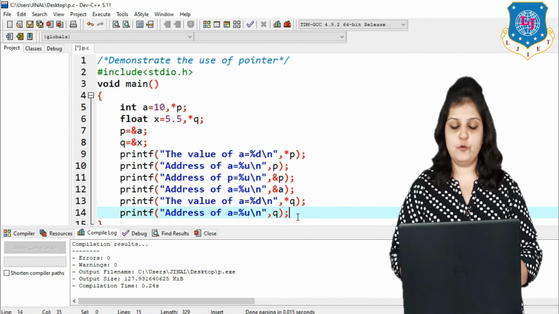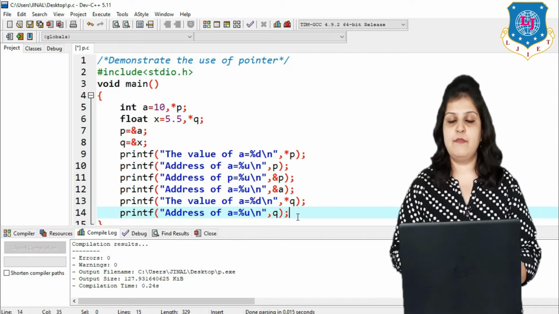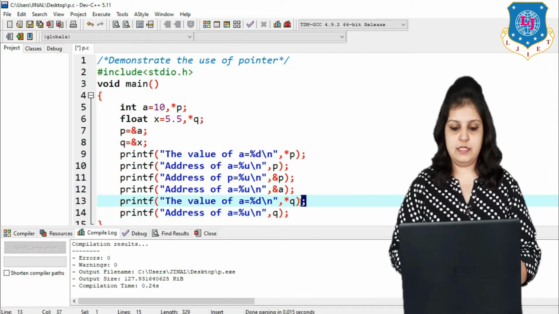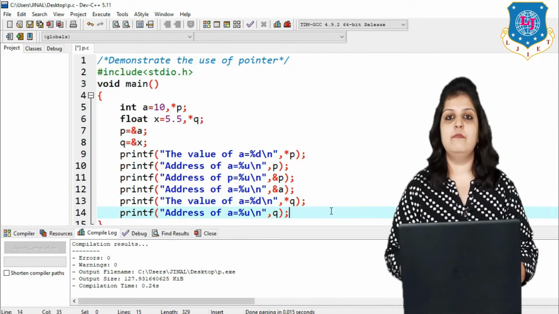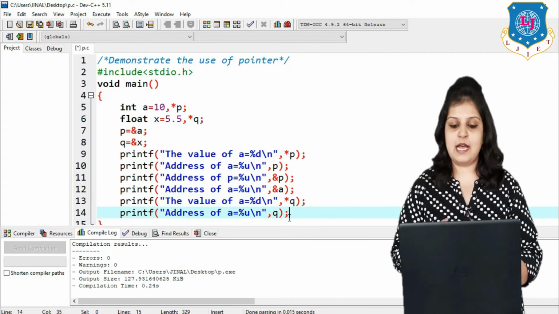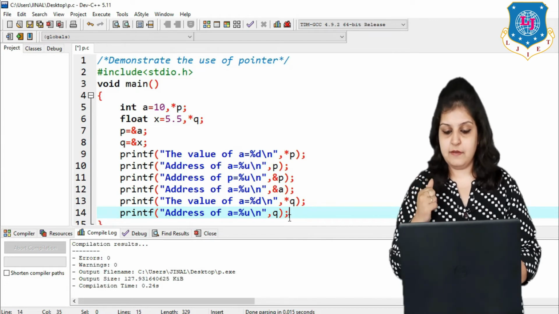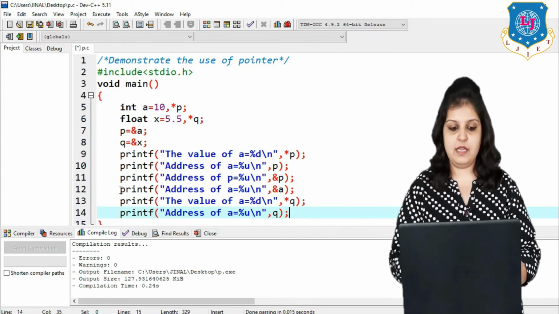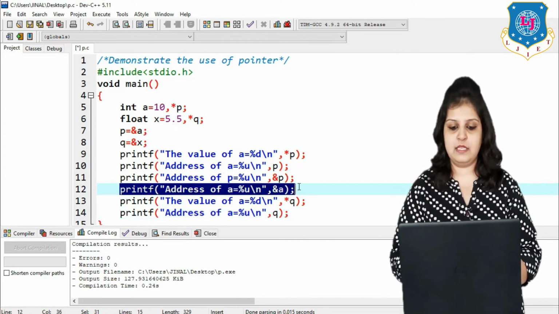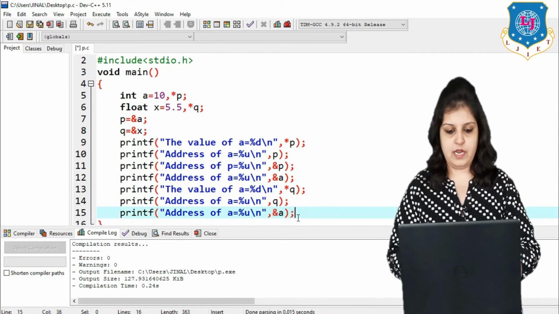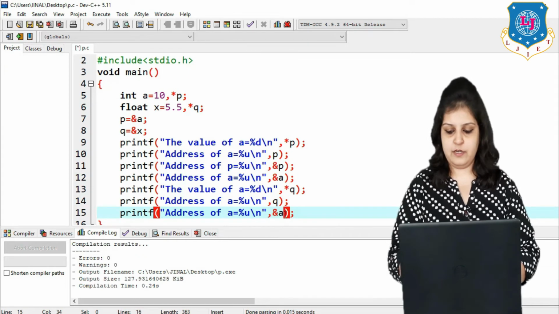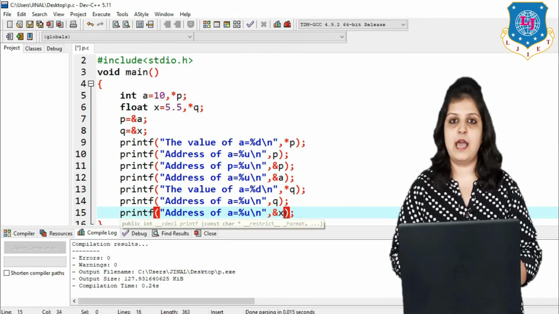So what will be the output? The value of x is 5.5. When this statement executes it will print 5.5, and when the last statement executes it will show you the address of x in memory. And the same thing we can print using &x also. So I am copying this statement here and pasting it, and instead of a I am writing x.